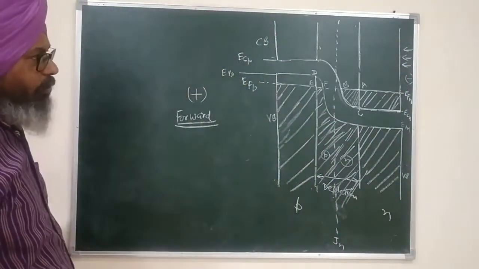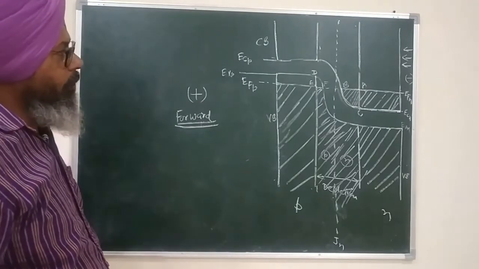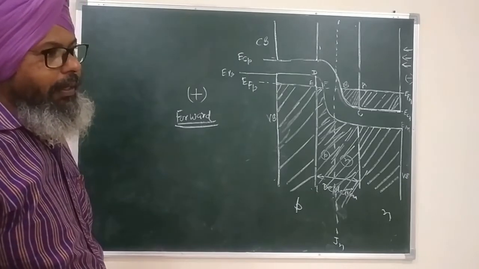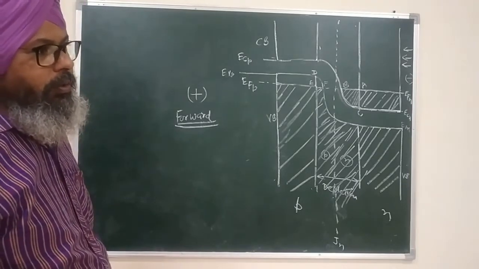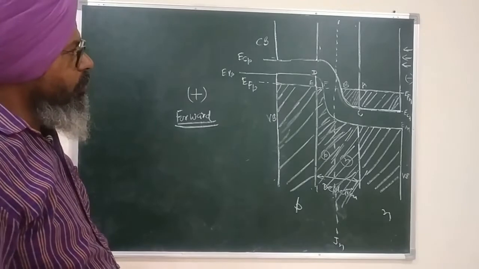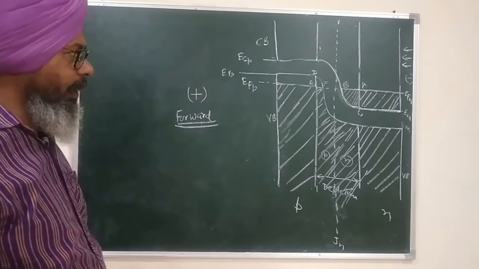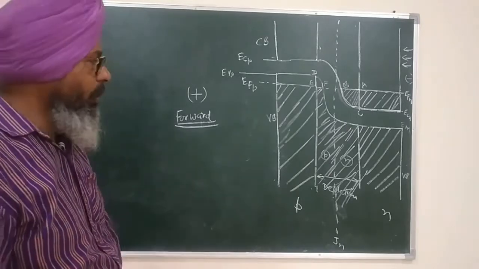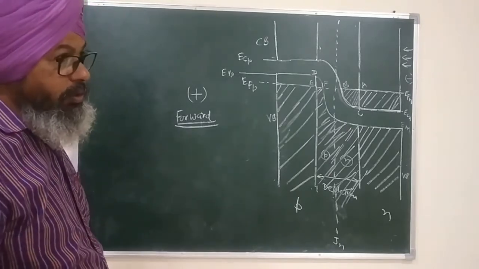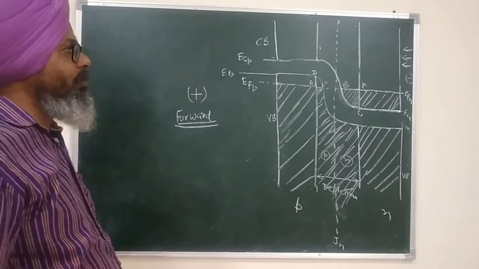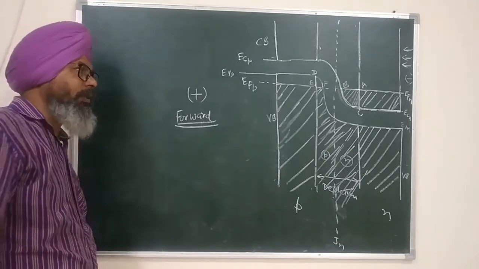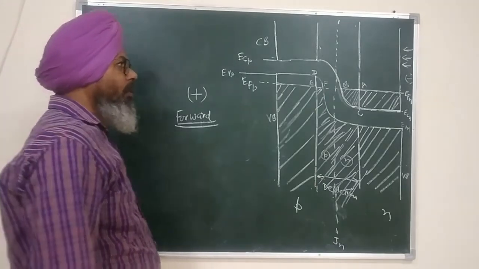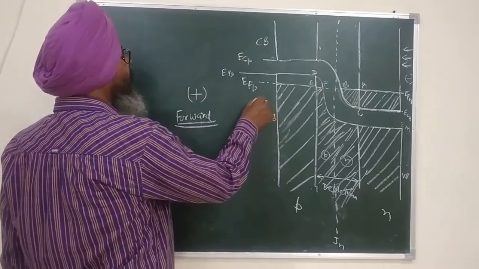you know what is the role of the negative terminal of the battery. The negative terminal of the battery supplies electrons. So since we have given forward bias, the N side of the diode will start receiving electrons from the battery. And in order to conserve charge, since there should not be any accumulation of electrons within the circuit, otherwise the current flowing through the circuit will stop, an equal amount of electrons must be given out by the material.